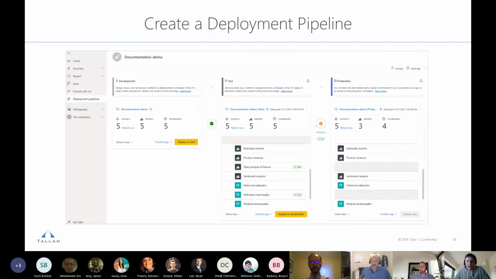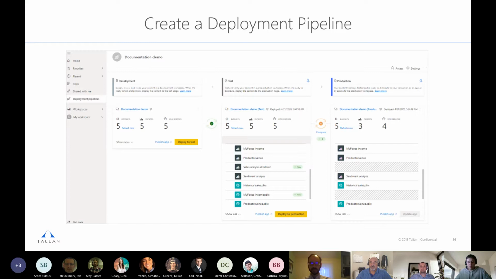As a general best practice, David and Jared, I heard you guys were excited about the deployment pipelines, and I am as well. This is a great feature that you get with Premium. It's currently in preview, and my thought is, if you have Premium, you should use it. Even if you don't have Premium, I recommend creating dev, test, and production workspaces. But when moving something to Premium, I say move it into a deployment pipeline. The deployment pipeline allows you to have independent environments for dev, test, and production.